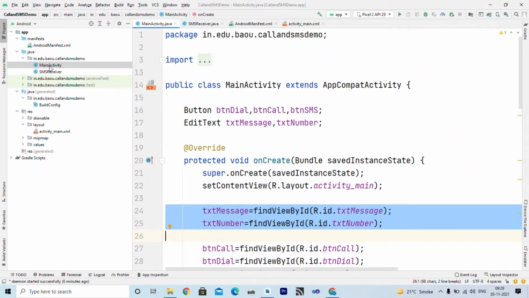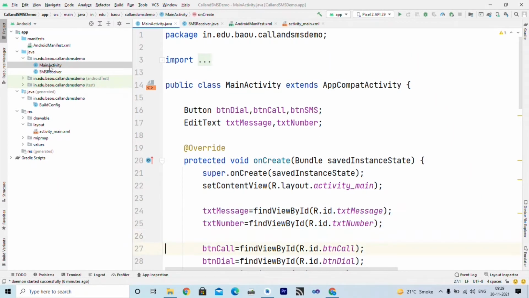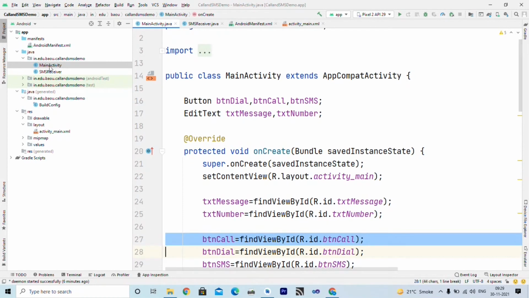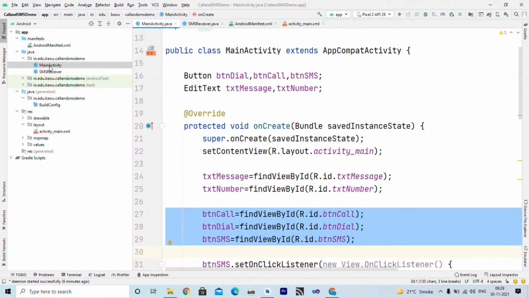So these two lines refer to the edit texts inside the layout file, and these three statements refer to the three button objects in the layout file, and they are initialized to the objects declared inside this class. So we take reference of all buttons and edit texts.